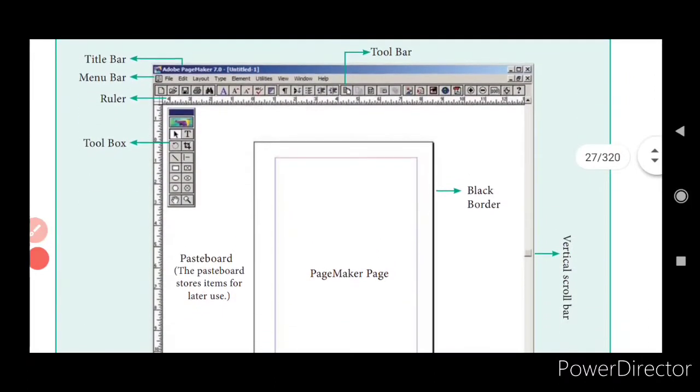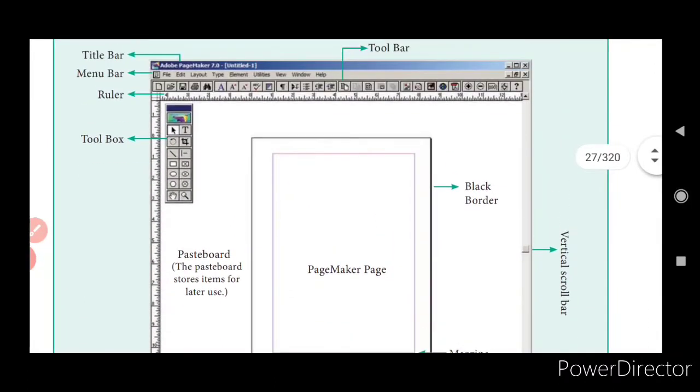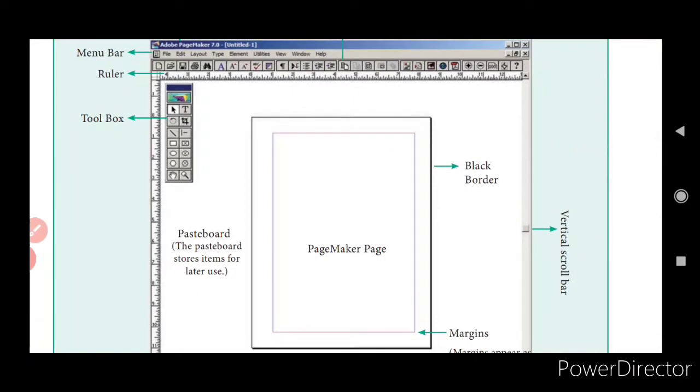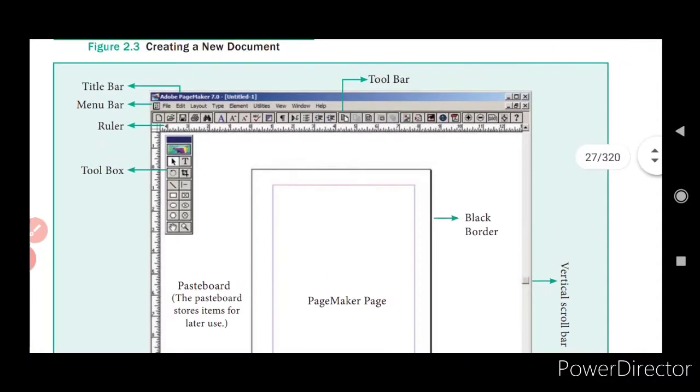Yes, as you give, what happens, those changes will be applied in the document, and this document will be appearing like this. Yes, see how it is. As you give a File New, a double square, a PageMaker page actually occurs. See what and all is there in your page.